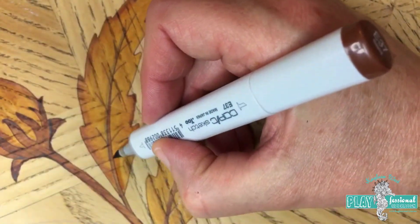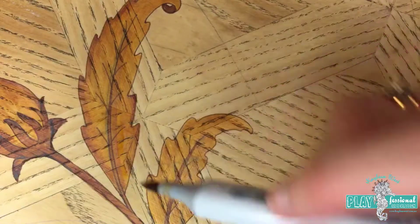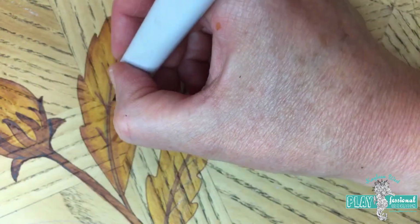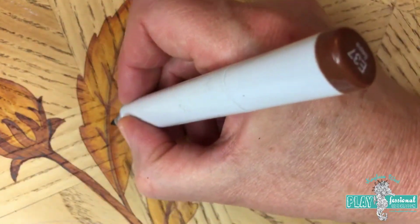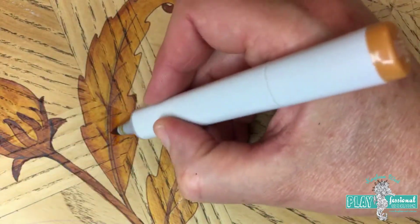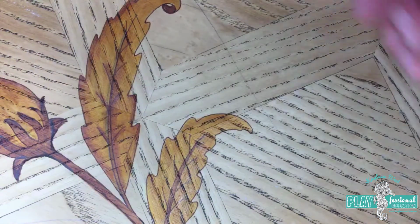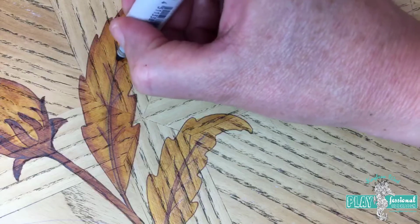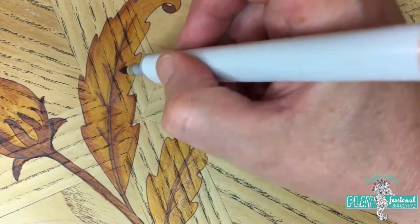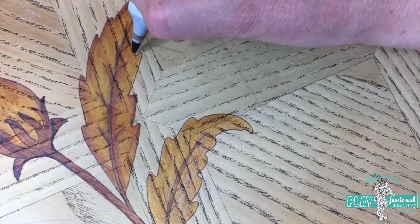I hope you can see the gradual toning of this. It's a matter of building up, because the wood will only take in so much at a time, which is great because you can gradually build it up. You don't have to panic about it sucking it in too quickly. You start with a lighter colour and just go a bit darker. I could have even gone lighter again and then gone darker and then gone to the real dark colours later. But I was pretty confident to do it. But if you want to be really careful,